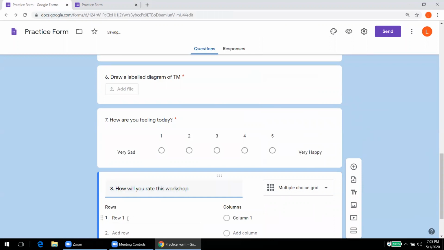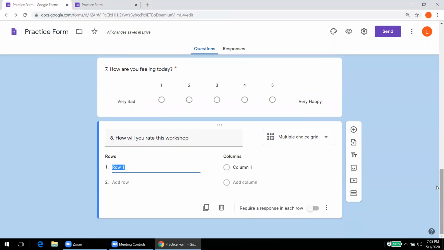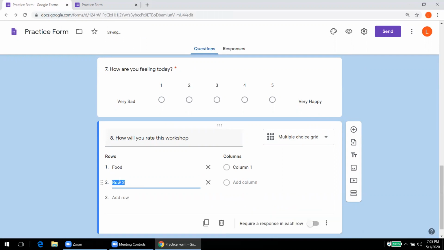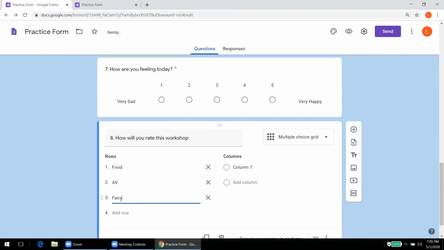So there are two parts of this question. One is rows and the other one is columns. In rows we can mention the criteria with which the student will rate it. For example, we can say food. Then we can say audiovisual system. Then we can say faculty knowledge and all that.